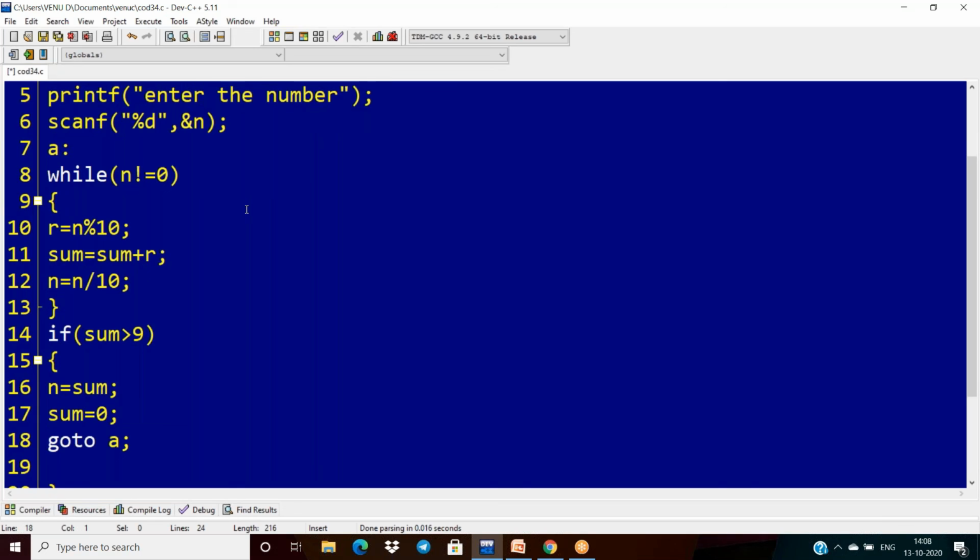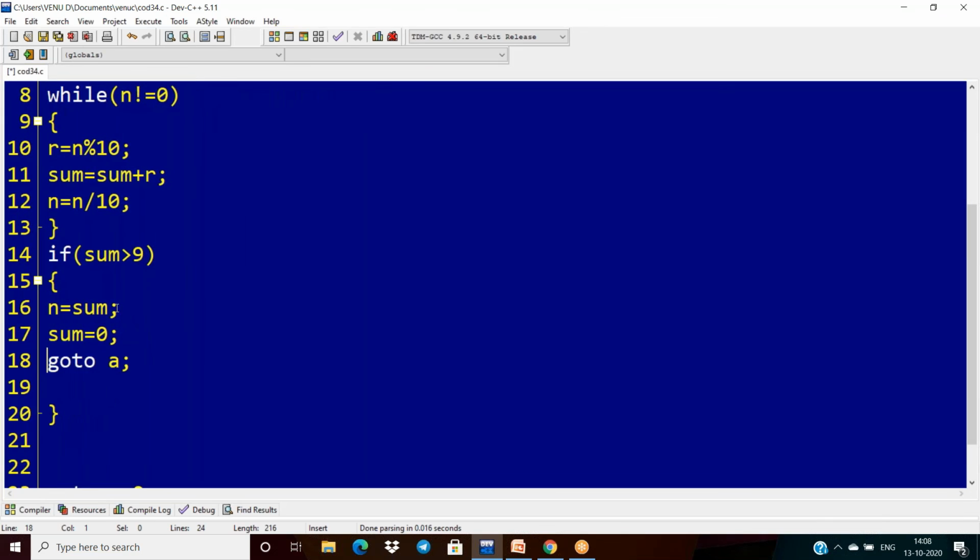Why? Because for the next case, whatever sum we are getting here is the input of my while loop. So that's why first I am assigning this sum into the n and 0 is assigned to the sum, then call. Otherwise print the sum.